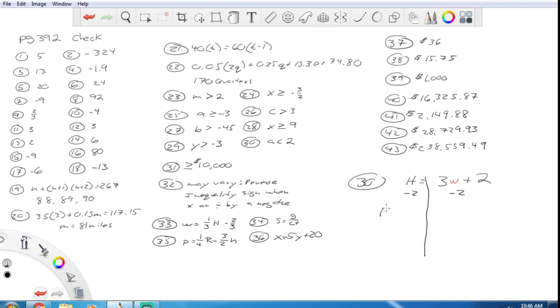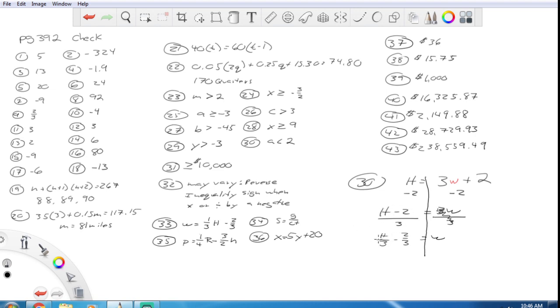Subtract 2, this gives me H minus 2 equals 3W, and I'm going to divide by 3, and divide by 3, and this gives me, I guess there's different ways to write it if you're confused on how that's written, but this is H over 3 minus 2/3 equals W, or you could just have H minus 2 all divided by 3 equals W, or